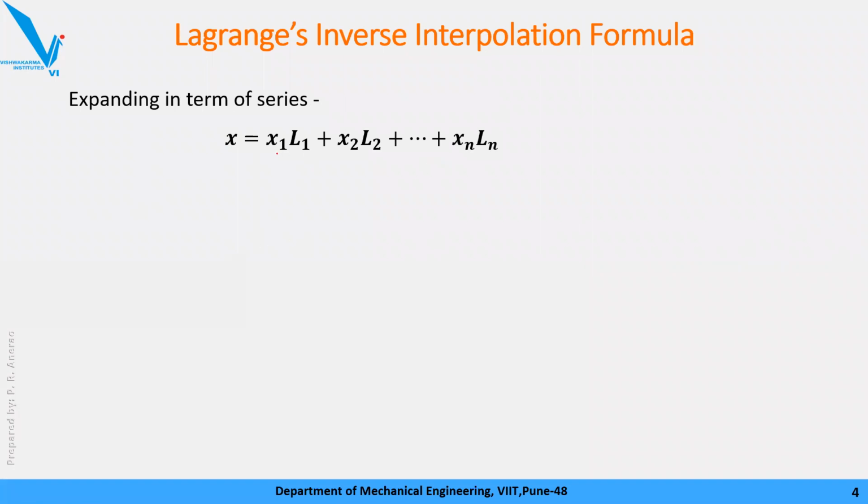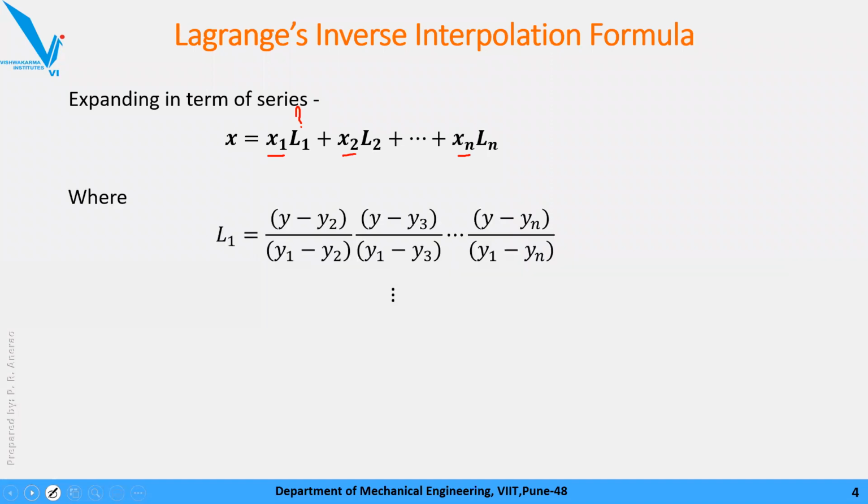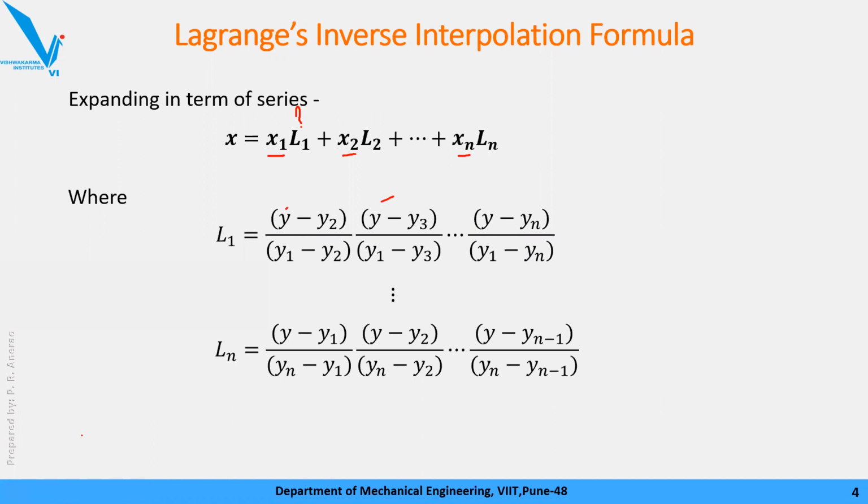Next, the x values are available in your data sheet. It is in the problem statement. Now the target will be calculating L1, L2, L3. We know the formula for calculating L1, but it was in terms of x. We just need to change it to y. So here, instead of x, we wrote y. Same formula, same equation. Based on this formulation, you will calculate L1, L2, L3.